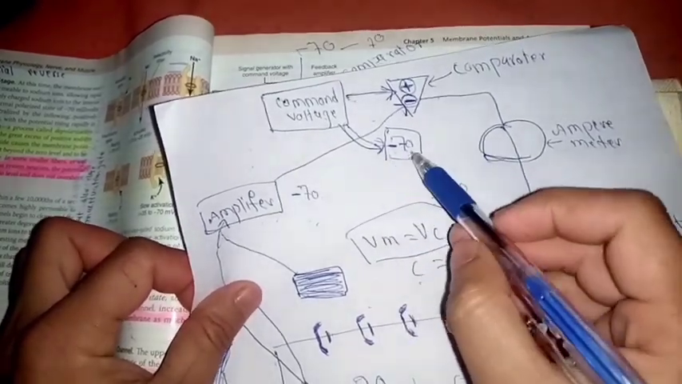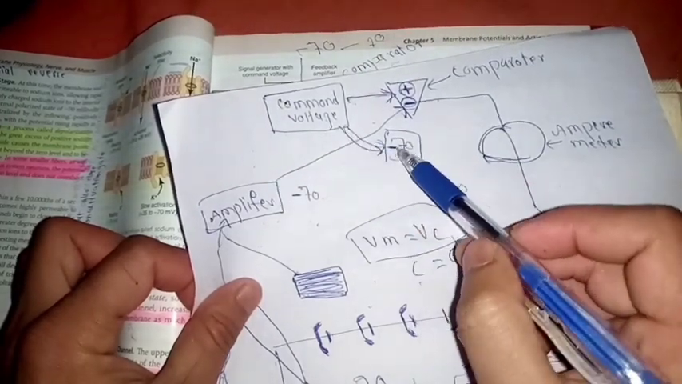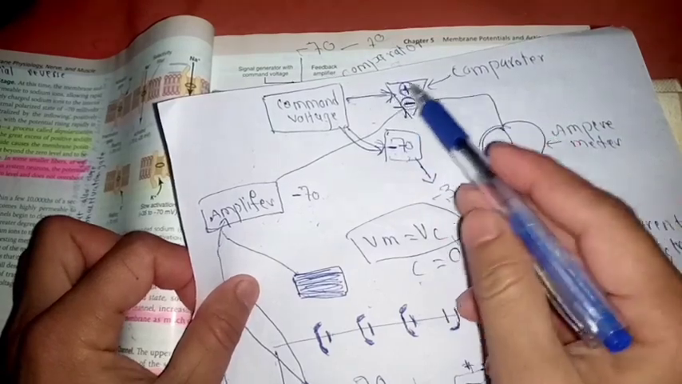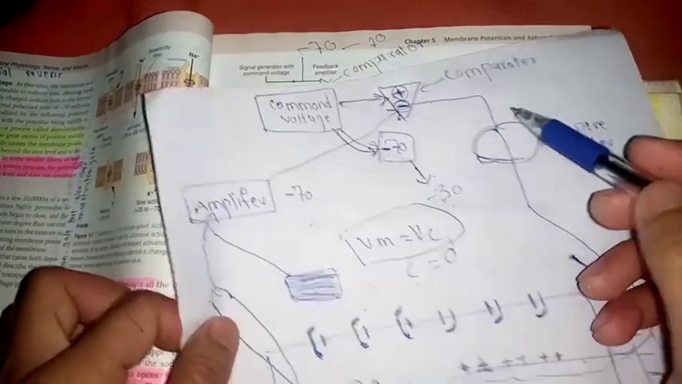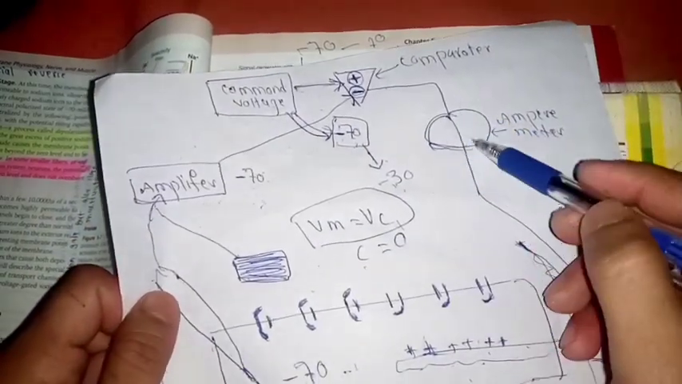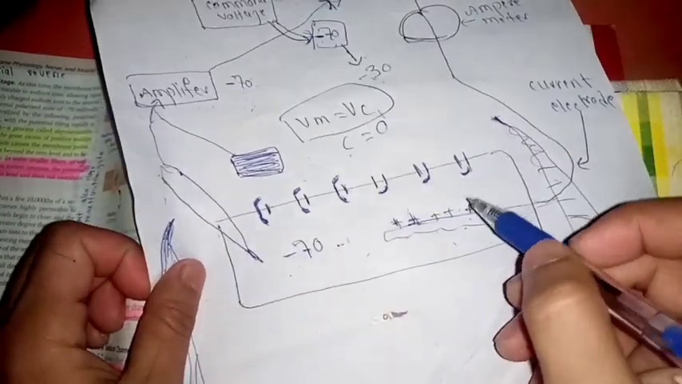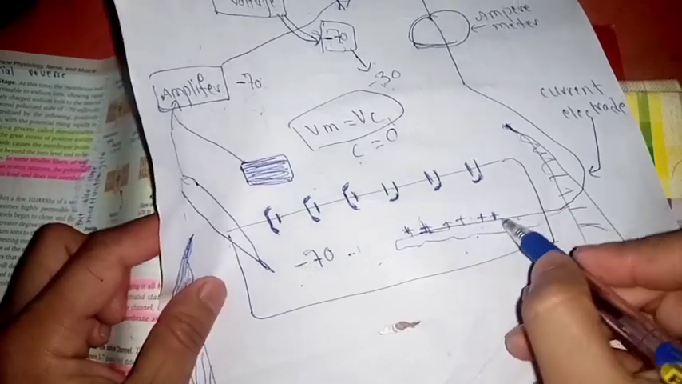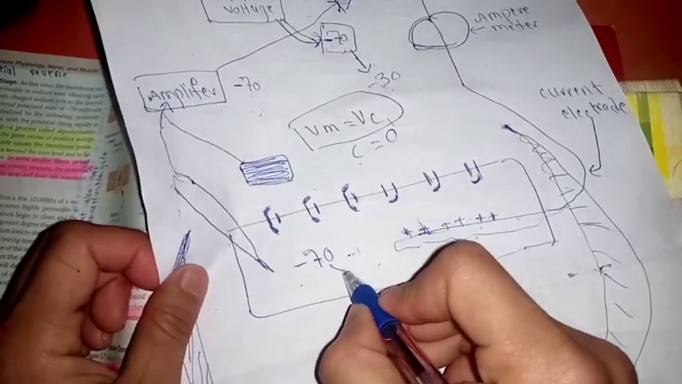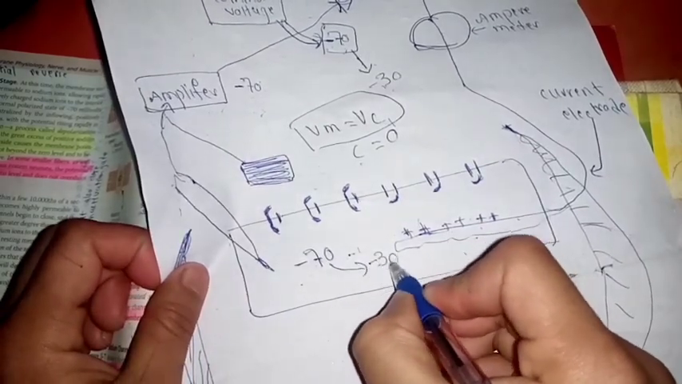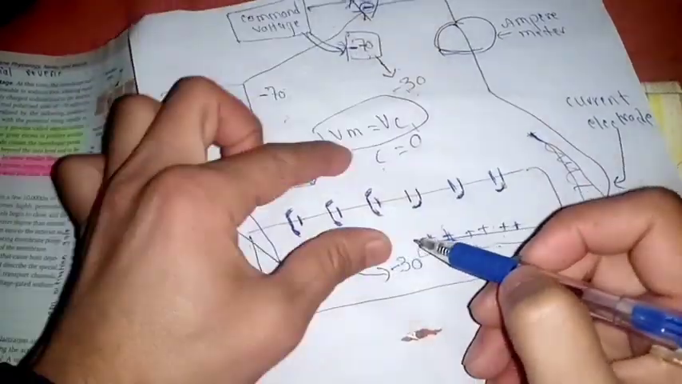But if we, for example, raise the command voltage from minus 70 to minus 30, then this comparator will compare these two voltages and will produce the signal, and the current will pass through the ampere meter and the deflection will be shown by the ampere meter, and this current will go through the current electrode to inject into the axon. When this positive current comes through the current electrode, it will raise the potential from minus 70 to minus 30 because of the injection of this positive current. Now, in order to equalize the potential on both sides,